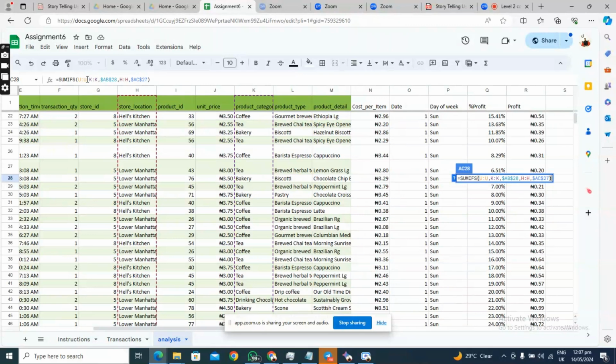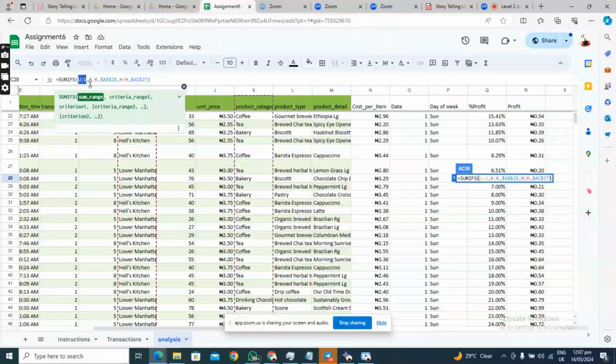And we say SUMIFS, because you first have your sum range, you have your first criteria, second criteria, and all the other criteria as the case may be. Now, where this is more dicey is because it is going to check all of the criteria and give you the sum